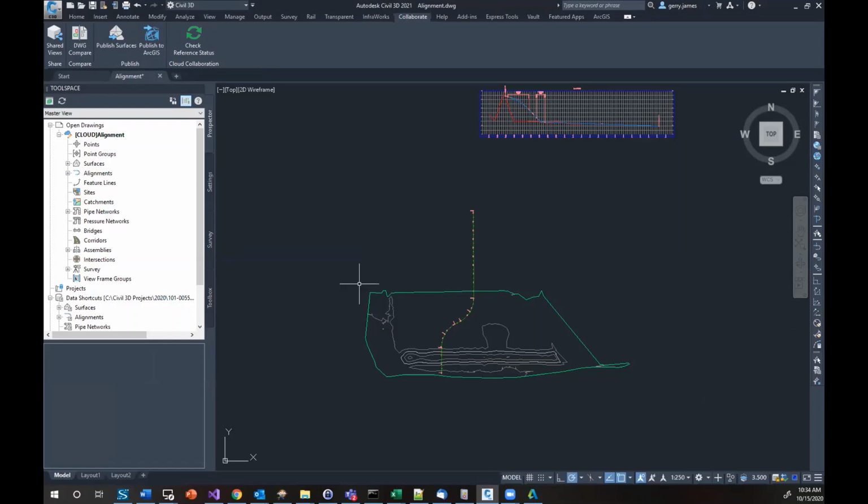Yeah, this task we don't have to do typically in our server environment. Check reference status, you do have to do that when you're working with BIM 360. But if you just close the drawing and reopen it, it's just going to load the latest and greatest, which is very nice. So long story short, this whole BIM 360 Docs and BIM 360 Design thing, it's really just another way of